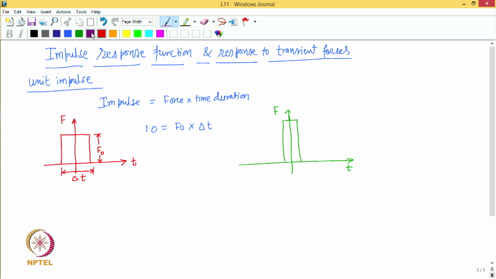If you take the limit of this force, then in the limit what is going to happen? This force will be concentrated at the origin, right, like this. Force would be concentrated at the origin when delta t, or the duration of the force, tends to an infinitesimally small number, right. So, this basically is called the Dirac delta function, represented by delta. So, delta of t is basically called the Dirac delta function,